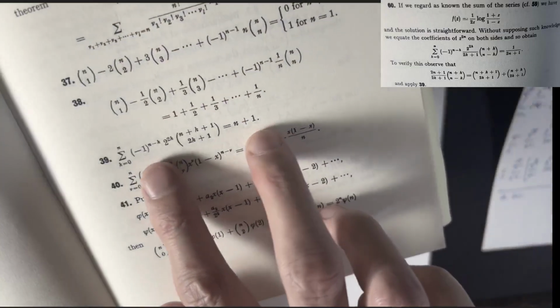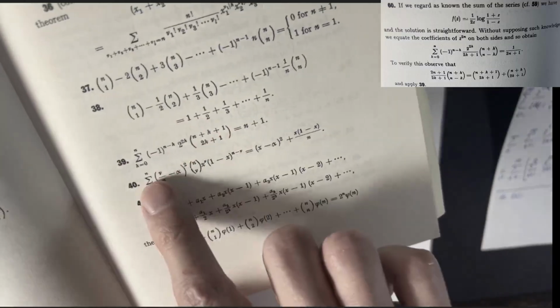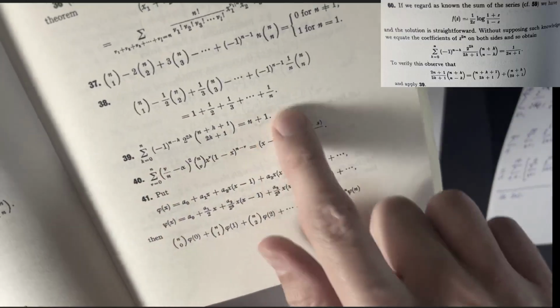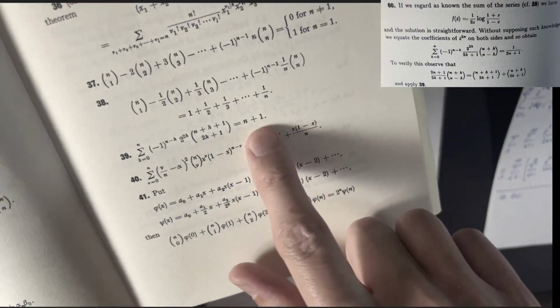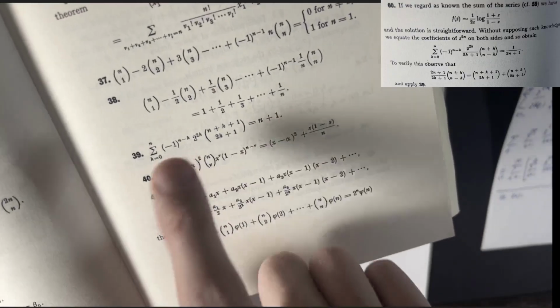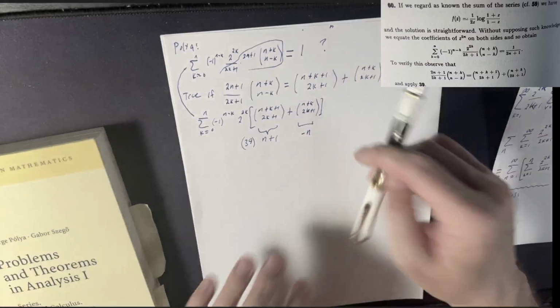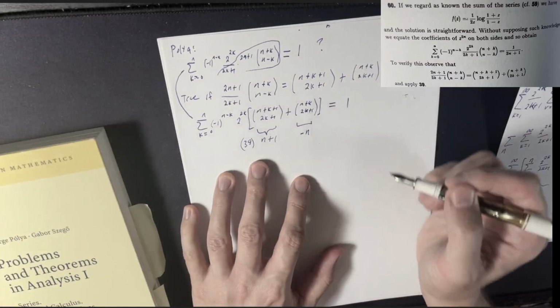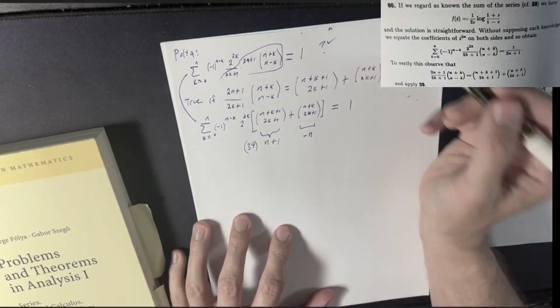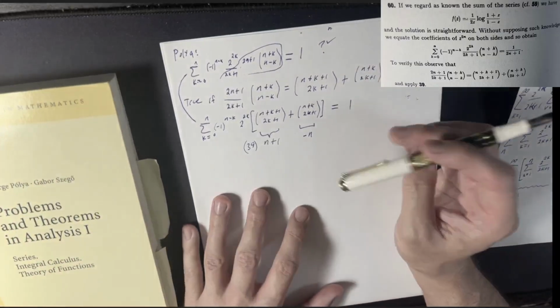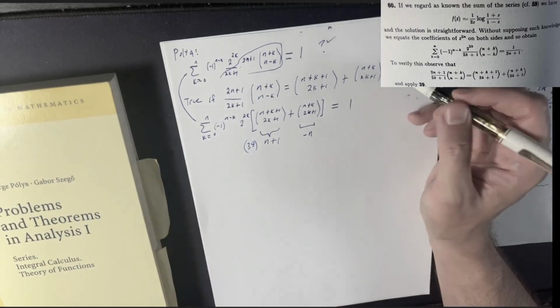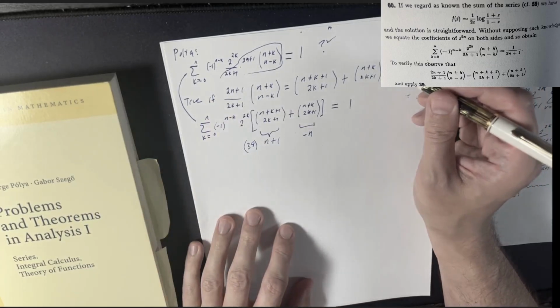So if you knew that this was true and you replaced n with n minus 1, on the right-hand side you'll get n. But you'll also have a negative on one of these sides, so you'll have the negative of this stuff is equal to n. So when you add them together like this, you're getting just 1. So that's why this is true. It comes from 39. As for why this chunk is true,